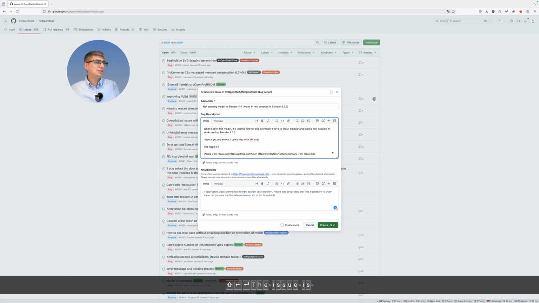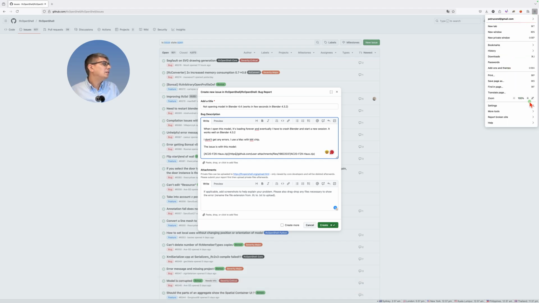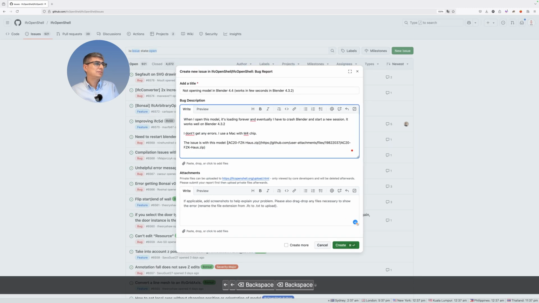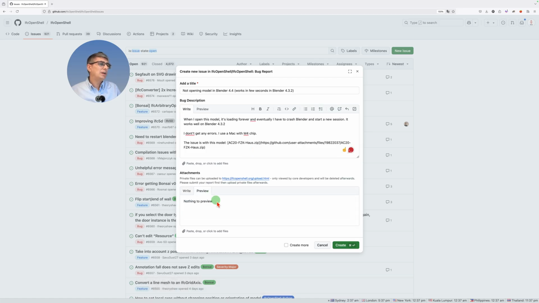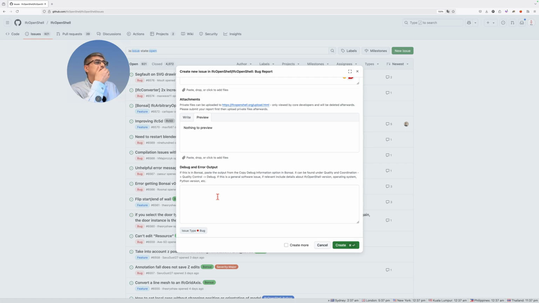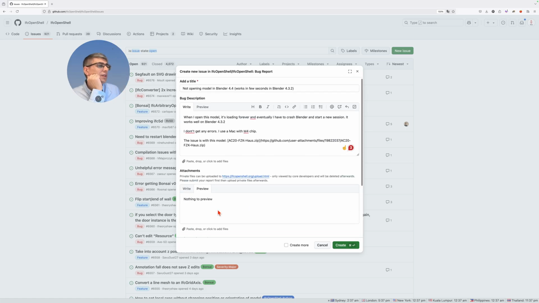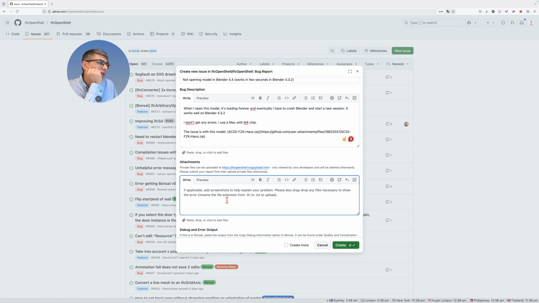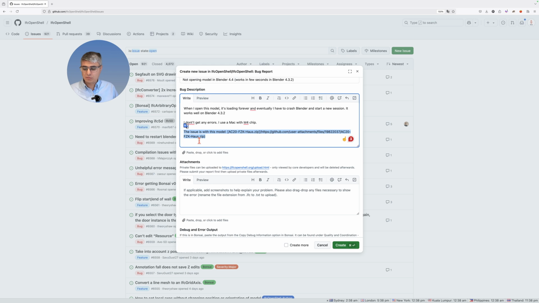The issue is with this model. Okay, let me make this larger. I guess it's not so easy maybe to see. Now if I click on the preview, oh, this is for attachments only, or debug an error. Okay, that's cool. So they have more filters now, more fields now. Attachments, private file, right. Okay, so I was supposed to put it here instead,